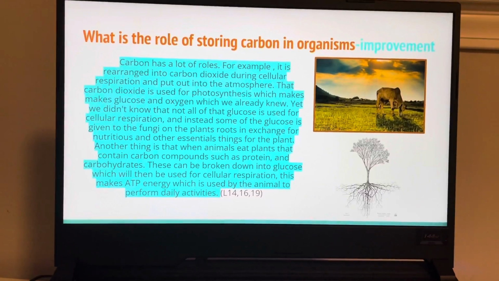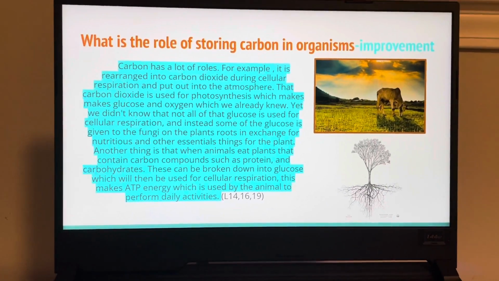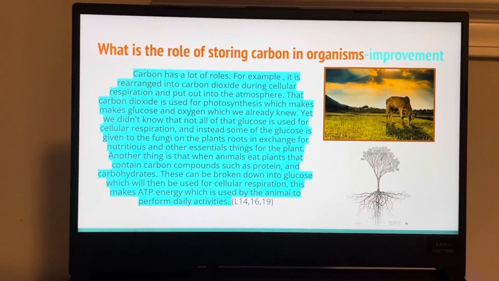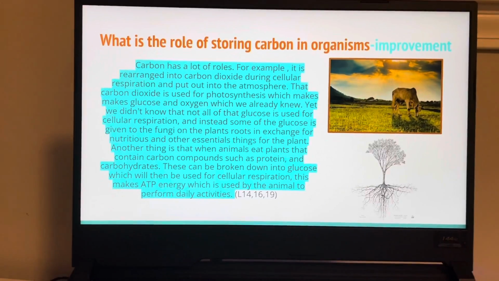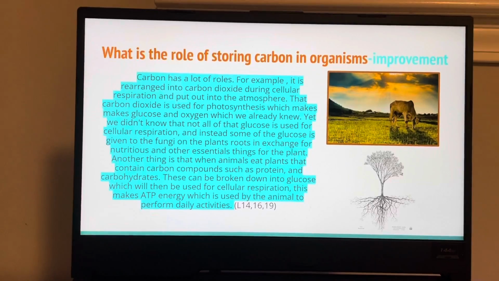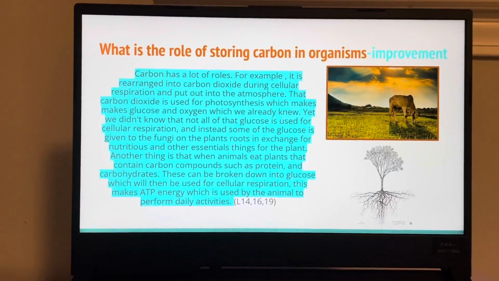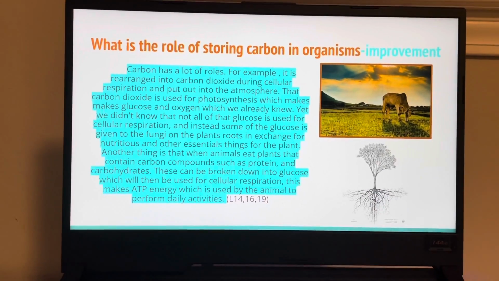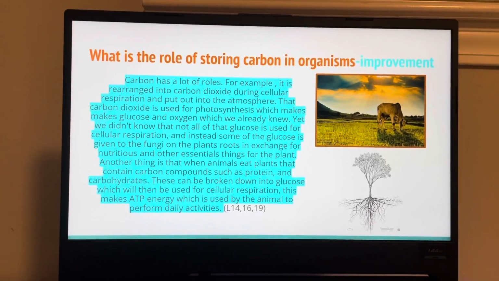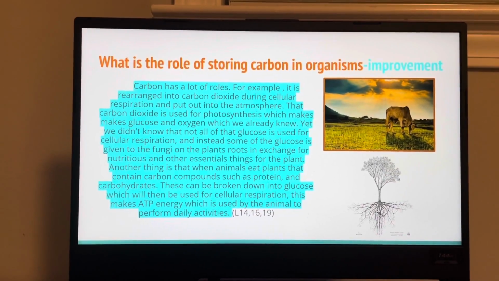What is the role of storing carbon in organisms? Carbon has a lot of roles. For example, it is rearranged into carbon dioxide during cellular respiration and put into the atmosphere. That carbon dioxide is used for photosynthesis, which makes glucose and oxygen, which we already knew. Yet, we didn't know that not all of this glucose is used for cellular respiration, and instead, some of the